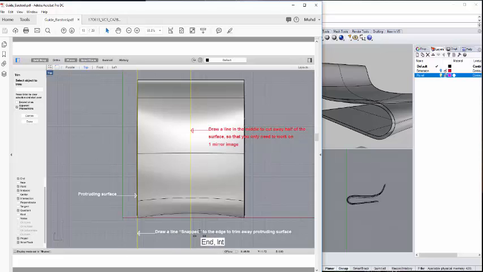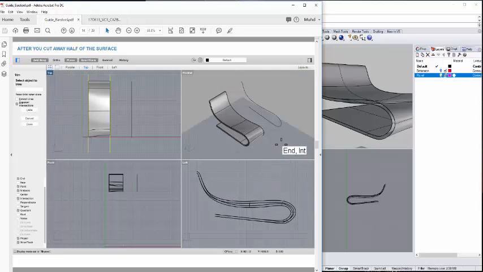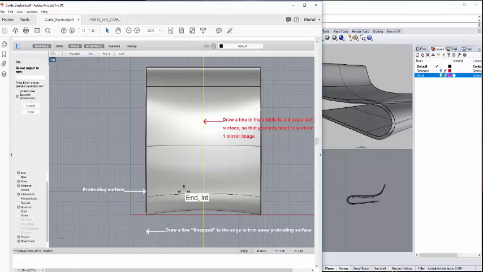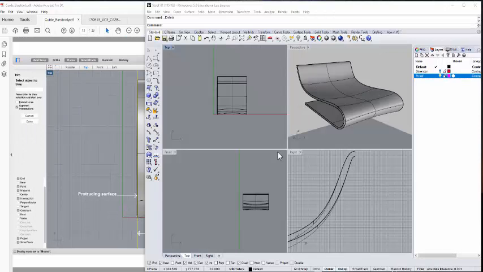Draw a line snap to the edge to trim away protruding surface. Draw a line in the middle to cut away half of the surface, so that you need to work on one mirror image. So what does it mean by that, right? We need to draw a line, cut away here, draw another line here to make sure whatever is protruding, cut it out. I'll just draw a line anywhere here, press shift, make sure it's straight, copy, paste,